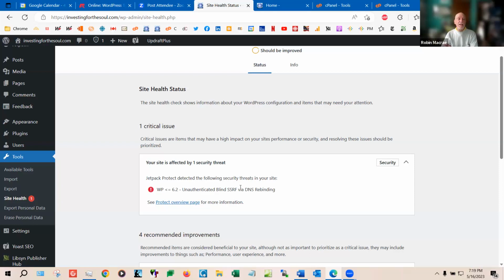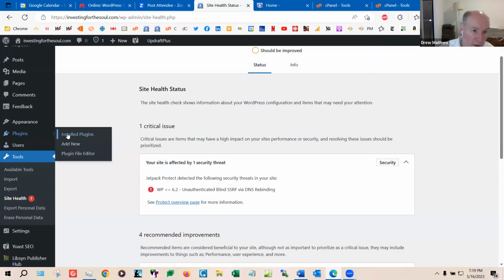So is your thought to activate it and try? Yeah, so we should probably activate the Lightspeed cache and go into the configuration there. And through cPanel? No, not through cPanel. It's a plugin. It's in your plugins. So you go into plugins and installed plugins.